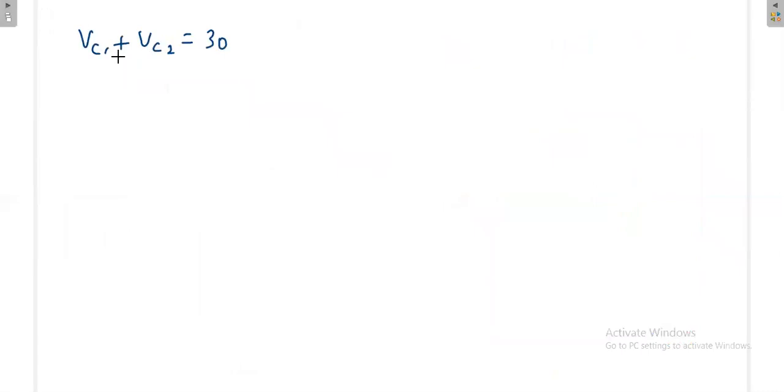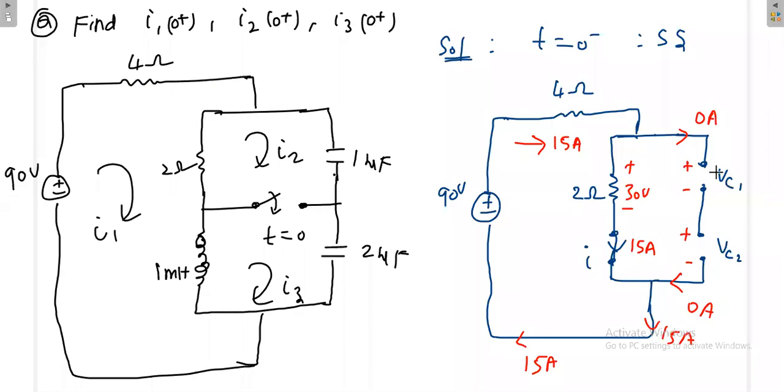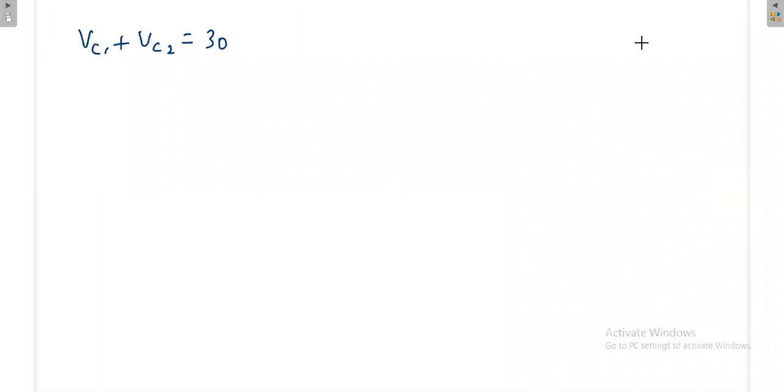If it is a resistor, we can easily tell that if the resistance is more, you will get more voltage. But it is a capacitance. For a resistance, the voltage is directly proportional to the resistance, so if the resistance is more, the voltage will be more. But for a capacitor, what is the nature? Q is equal to CV, and then voltage is equal to Q divided by C. That means the voltage across the capacitor is inversely proportional to C.